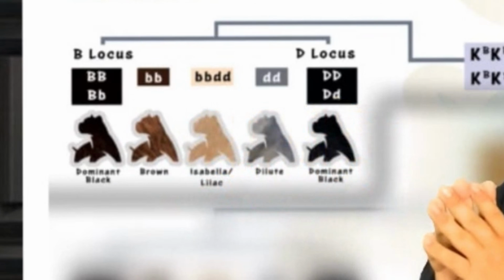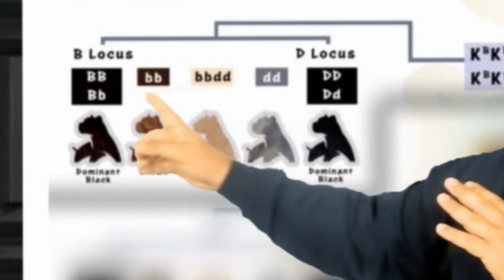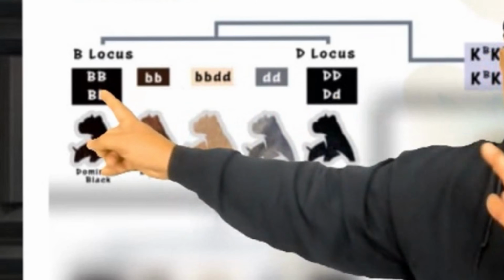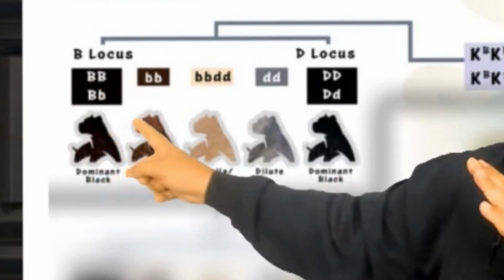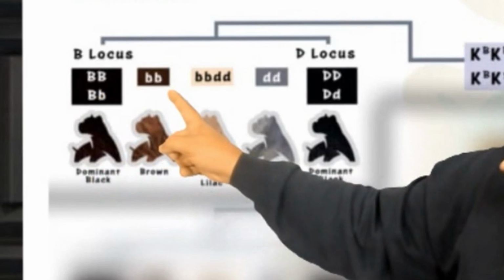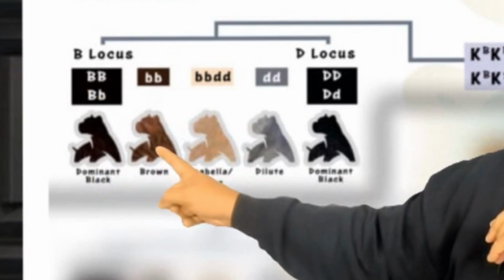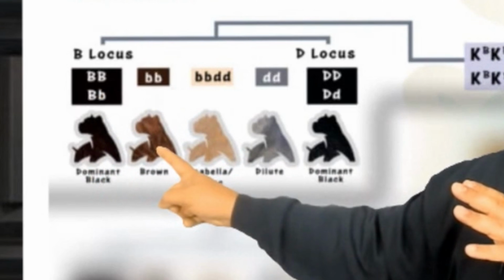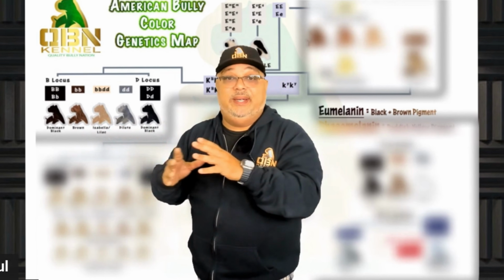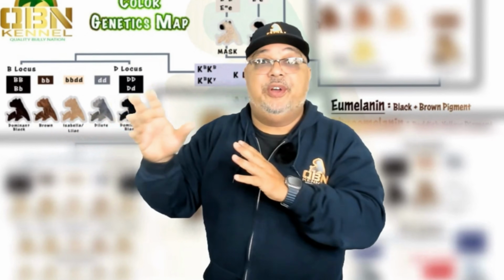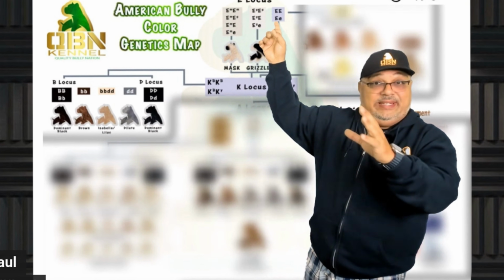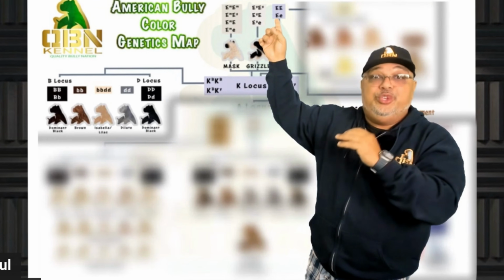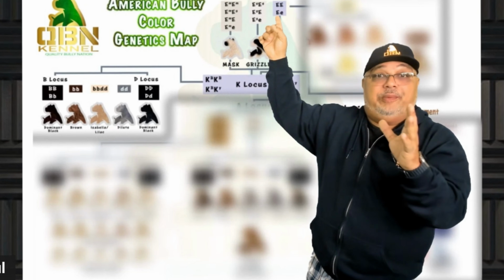So I just want you to focus on that right now. If we have uppercase B, no matter what the combination is, you're gonna have a black dog. The only way you're going to have a brown dog is if you have 2 lowercase b's, right? That's how you're going to have a brown dog. But there's another modifier. Just like uppercase letter E combination is a modifier allowing eumelanin or the darker black and brown